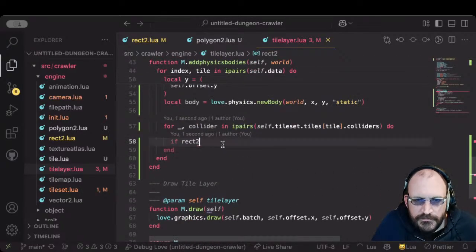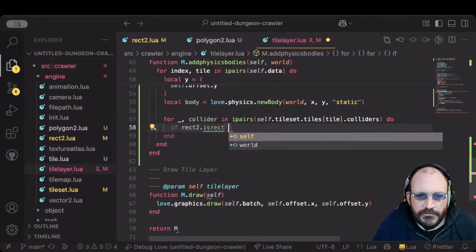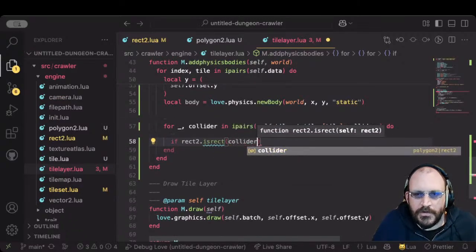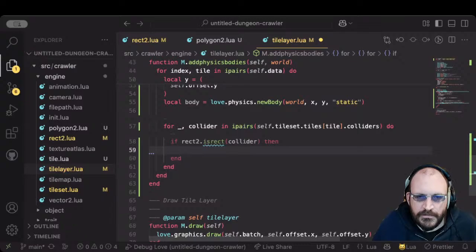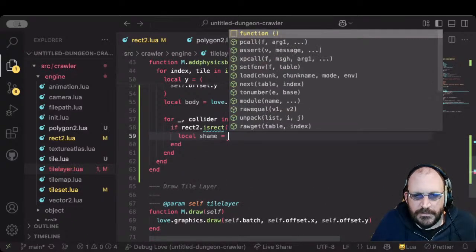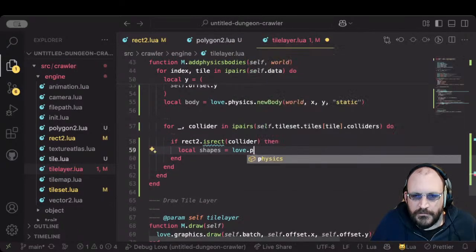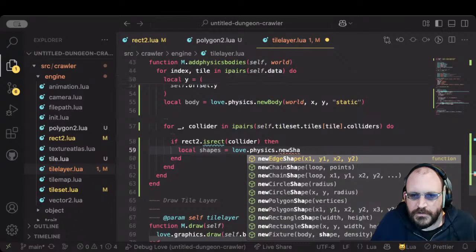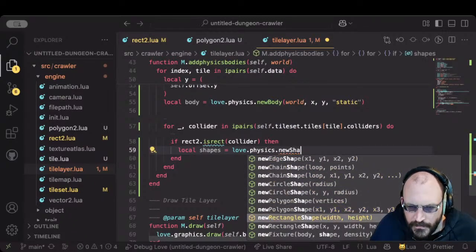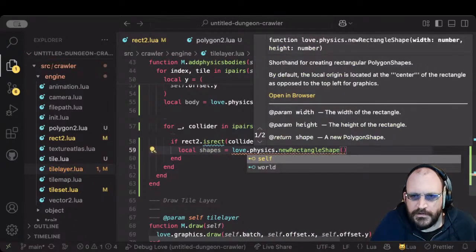Okay, so if rect2.is_rect_collider, then if it's a rectangle, we'll go local shape equal love.physics.newRectangleShape, and in here we'll go